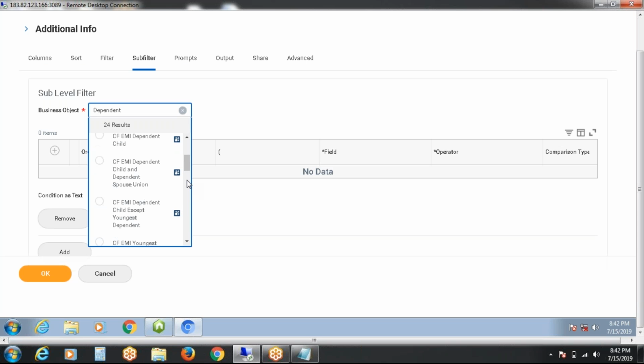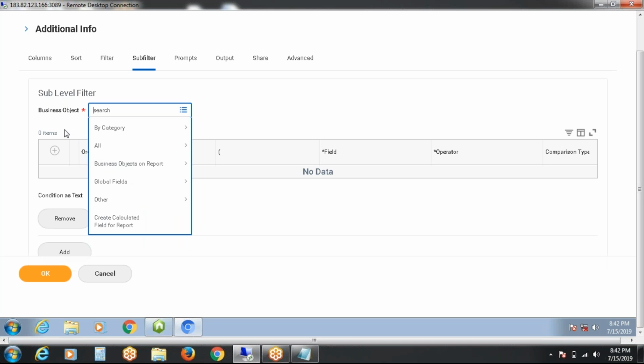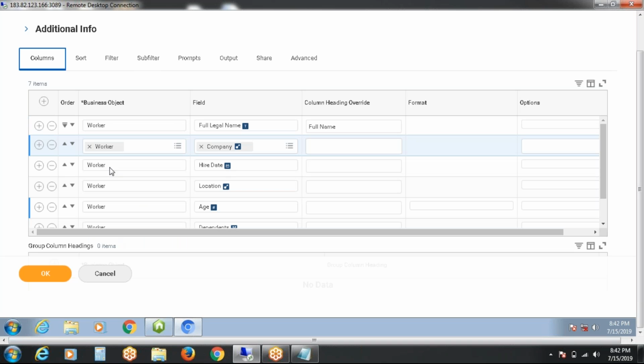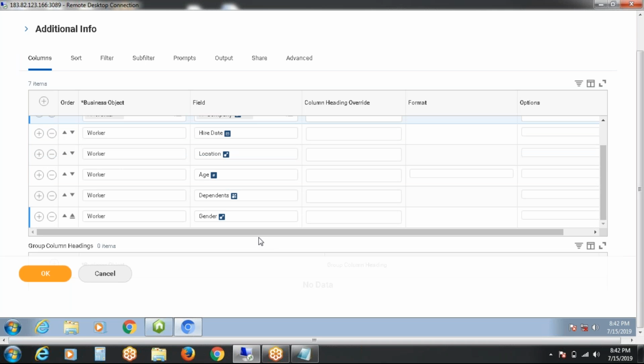So there is no option here to leave the thing. We need to call the dependent business object, but it is not available here. Why? Because, simple logic, I didn't call the related business object here in the report yet. I have just received the task to call the dependent details. So I didn't call anyone here. Now I am going to call them.